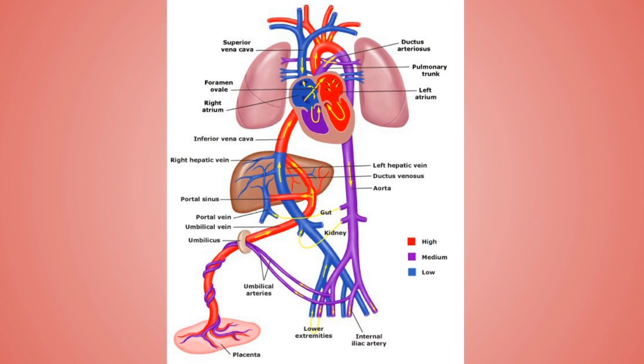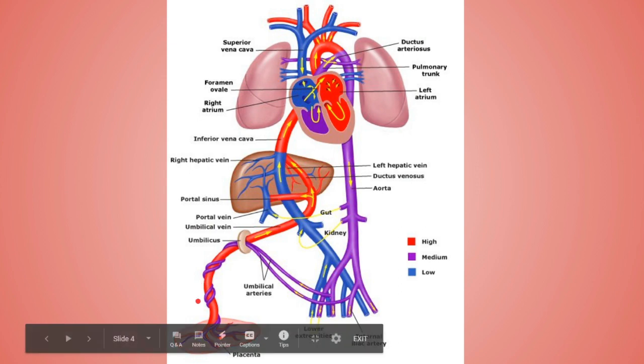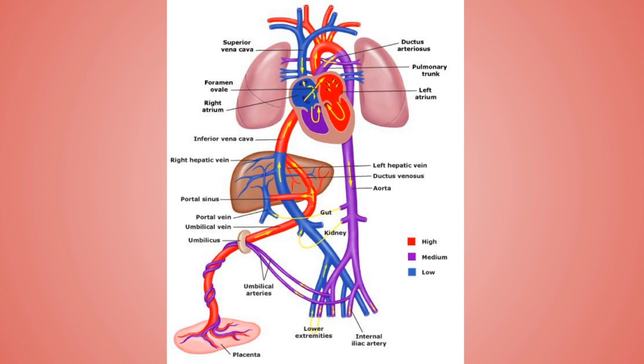What happens? The pure blood coming from the mother's side will enter the umbilical vein. This umbilical vein will go towards the liver, and in the liver it will get attached to the left branch of the portal vein. Over here, a very small amount of blood remains inside the sinusoids of the liver, while the majority of the blood is bypassed through the ductus venosus towards the inferior vena cava. And from this inferior vena cava, the blood enters the right atrium.